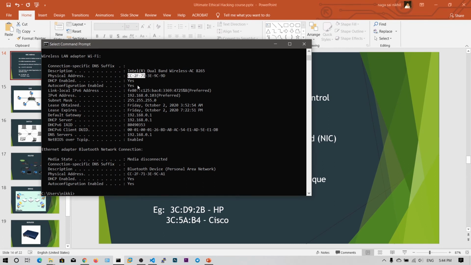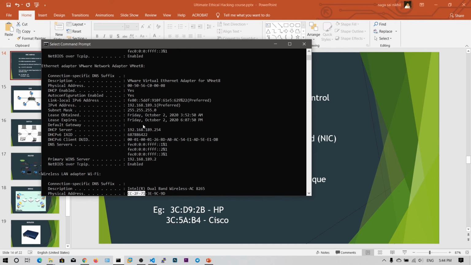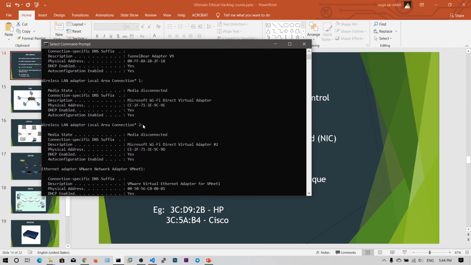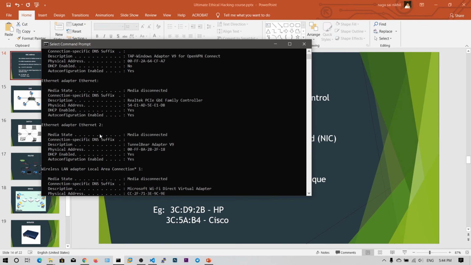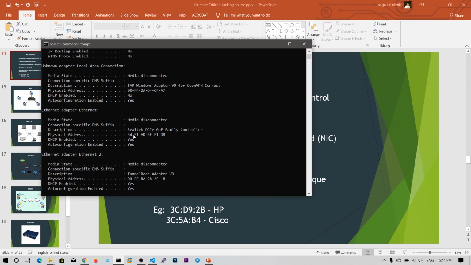Now you can see some other information about this adapter, and I want to show you my wired connection. Okay, this one is my wired Ethernet adapter. This is my wired connection.